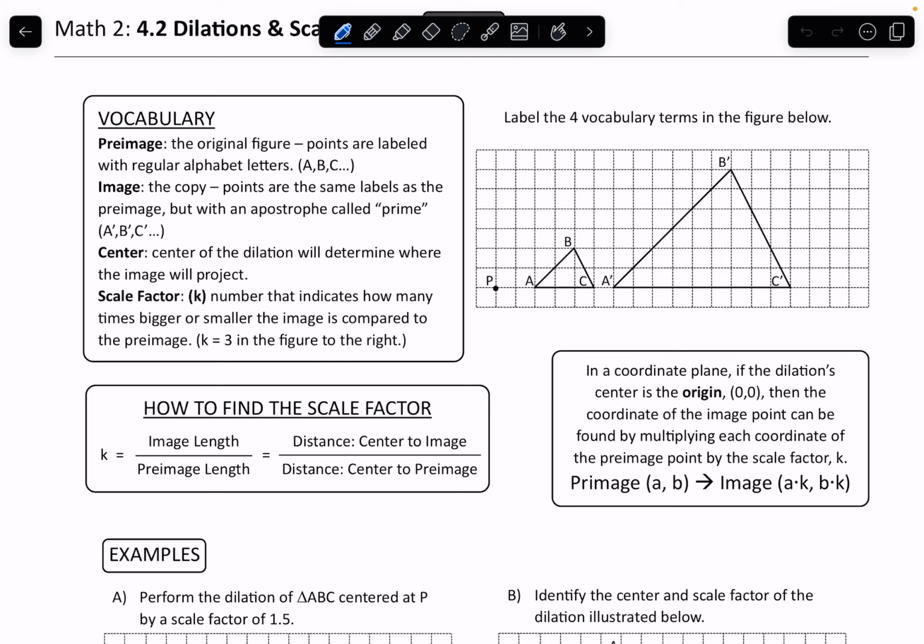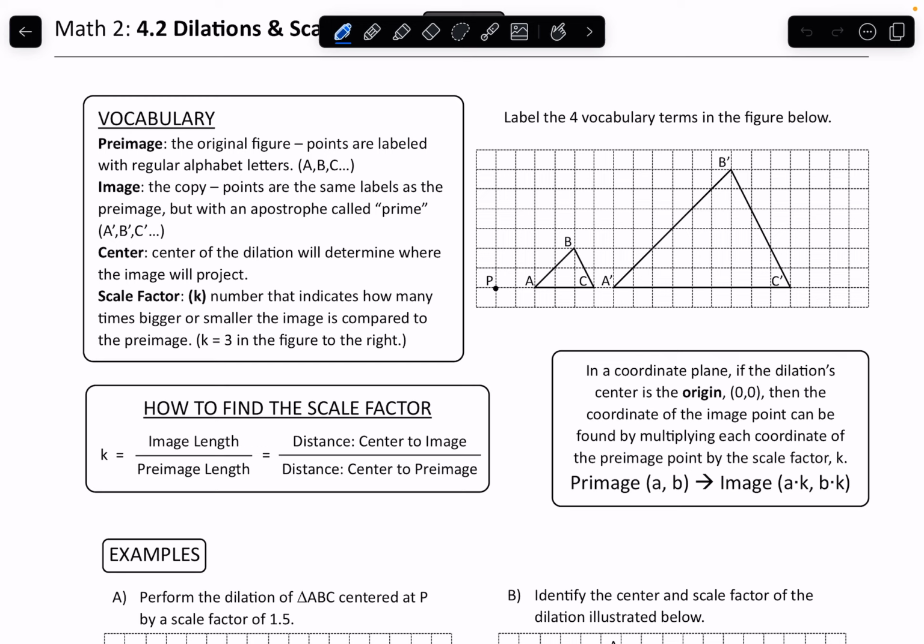So, vocabulary on the left and these images over here on the right. This little picture, you've got a grid with a couple of triangles with labels on them, a point P, and we're going to connect these triangles to the vocabulary. So a pre-image, when we are talking about dilations, basically what you are doing is you're taking an image,